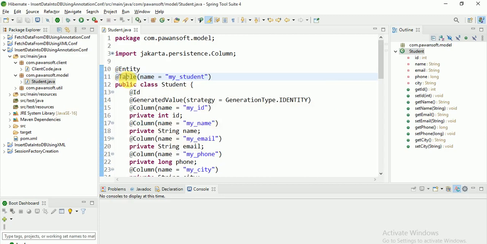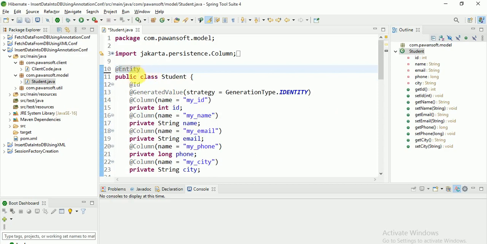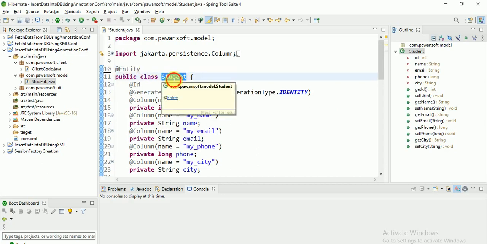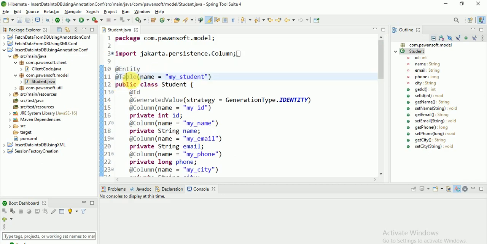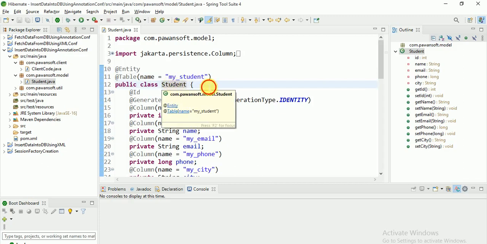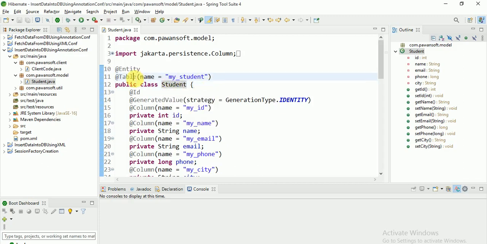If you see here, I'm not giving the @Table annotation. So in this case, Hibernate will create the table name as the persistent class name, right? So the table annotation is optional. If you want to specify it, you can, otherwise this is optional. By default it will create the table name as the persistent class name, and when you have this annotation, then Hibernate will create the table name as whatever you specify here.